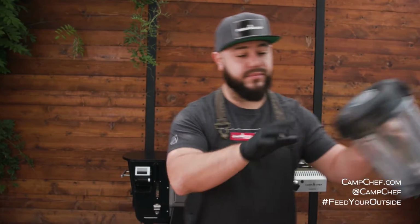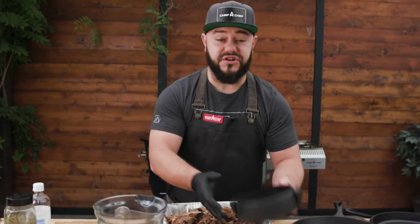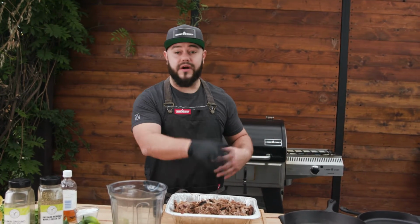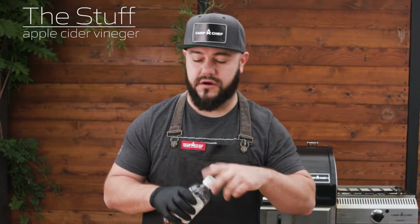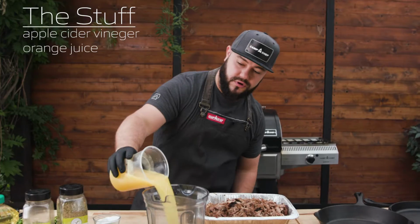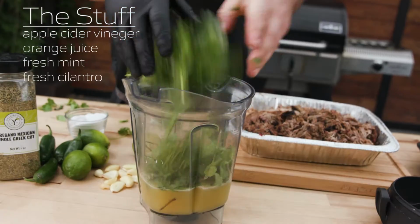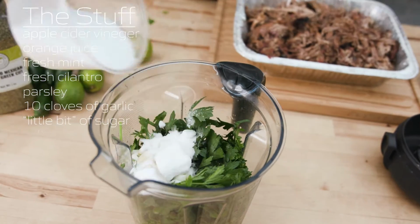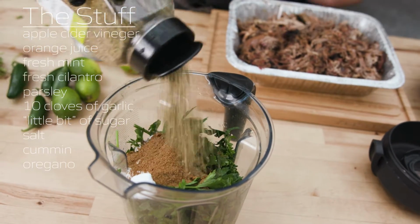Check this out, we have our blender right here, and we're gonna start out by just throwing everything in for the marinade so we can blend it up. We're gonna throw the pork in the pan and just braise it off for an hour. We're gonna start out with apple cider vinegar, orange juice, fresh mint, fresh cilantro, parsley, 10 cloves of garlic, a little bit of sugar, salt, cumin, oregano, and